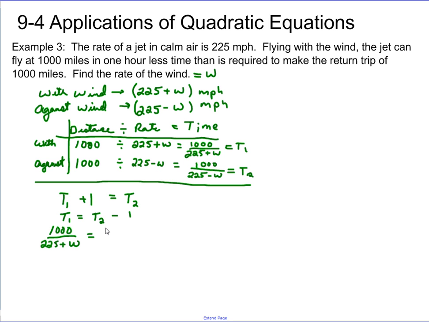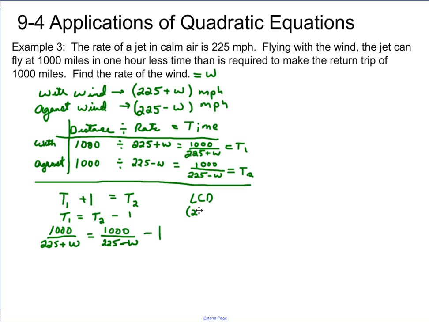And T2 is 1,000 divided by 225 minus W. And we subtract 1 from that second quantity because that's our trip against the wind. And we're taking 1 hour off that time to get the trip with the wind. Okay, so this is a rational equation, we would be multiplying through by our LCD to clear the fraction, and